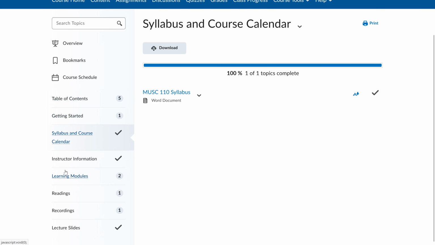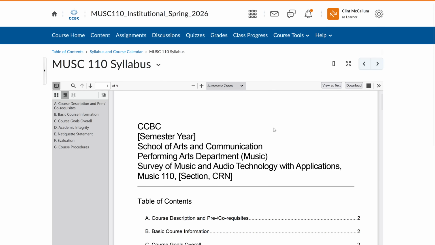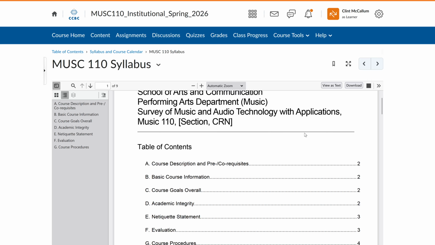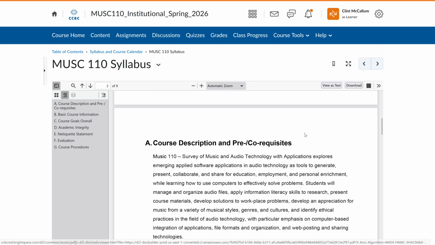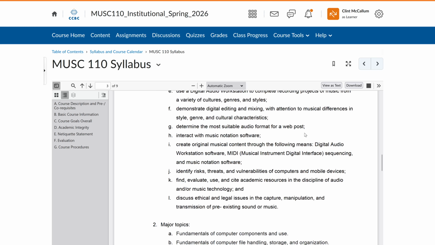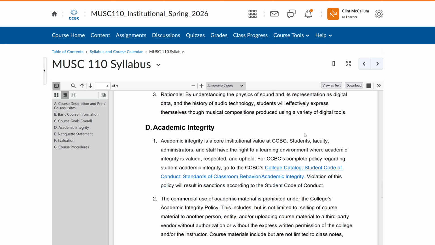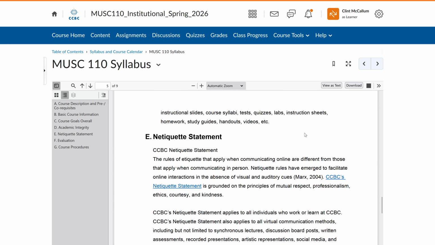So I'm going to open up the syllabus. This syllabus happens to be a blank template. So when you open a syllabus, this will all be filled out. It will have the exact year, the CRN, the section number, all of that. But as far as the grading and the course calendar, that will not change at all. So let's first take a look at